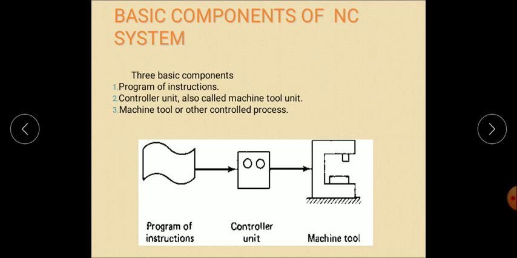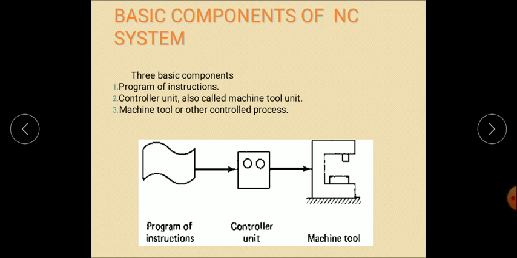Next comes the controller unit. The second basic component of an NC system is the controller unit. This consists of electronics and hardware that reads and interprets the program of instructions and converts it to the mechanical action of the machine tool. The typical elements of the control unit include the tape reader, the data buffer, the signal output channels to the machine tool, and the sequence control to coordinate the overall operation of the foregoing elements.